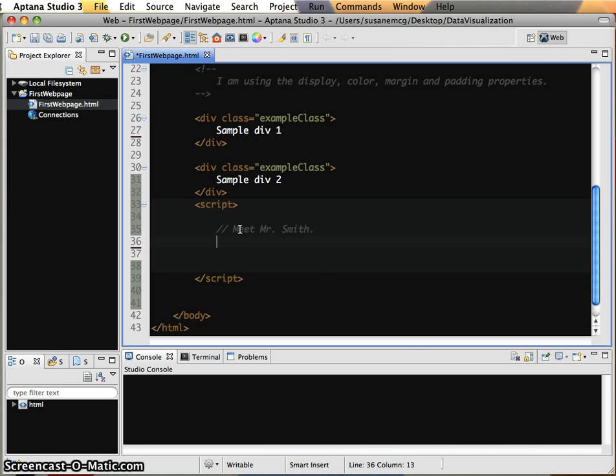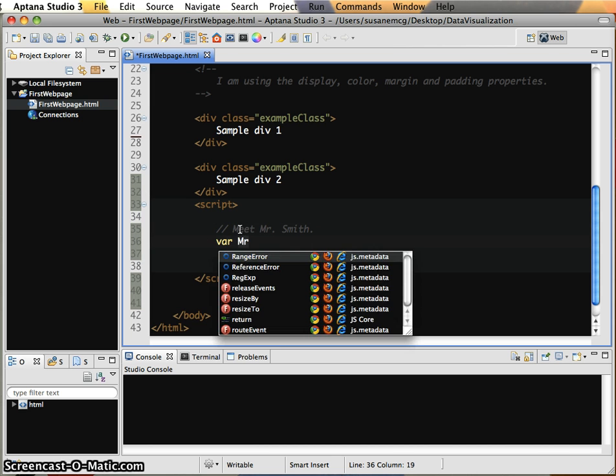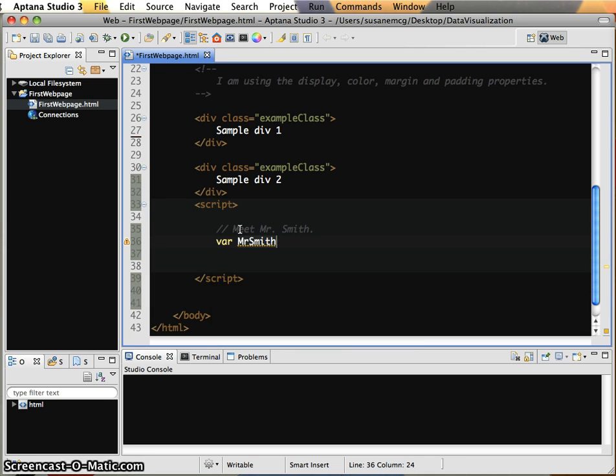The way that I would write that in code is var, and I can't put periods in my variable names. But basically, I would say var Mr. Smith, meet Mr. Smith, var Mr. Smith. So what does the var keyword do here? What it does is it basically tells the computer, hey, I want you to create a box in memory, and